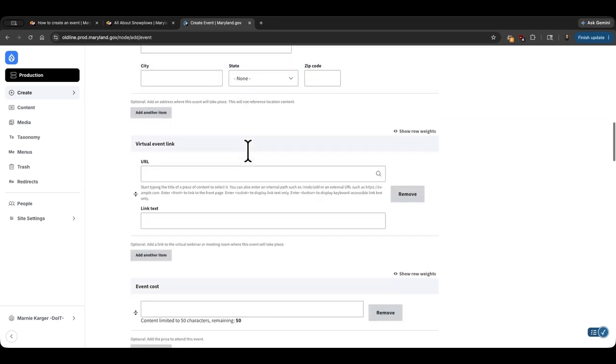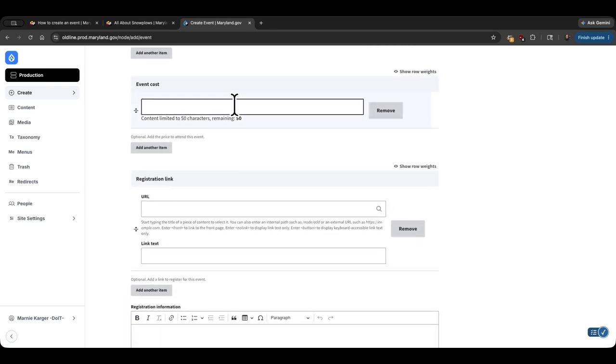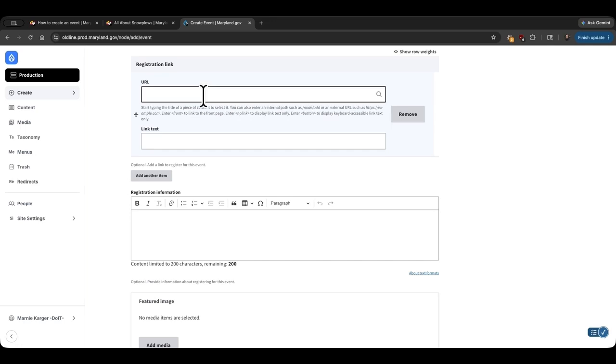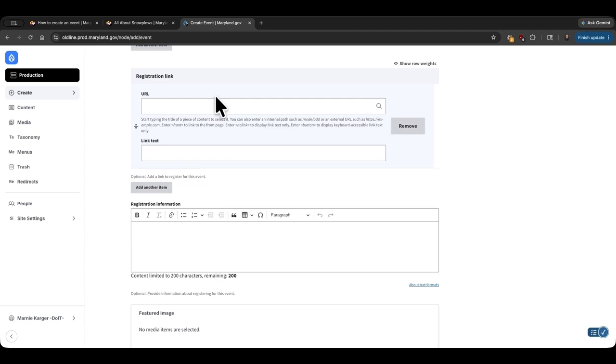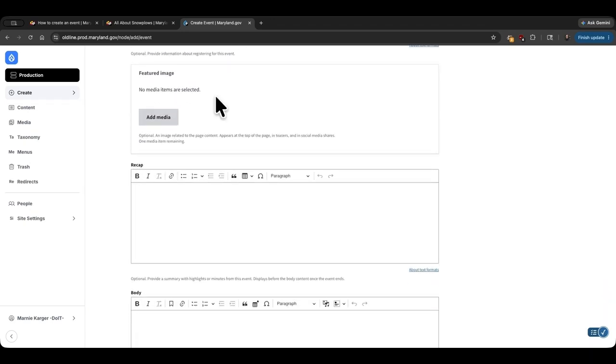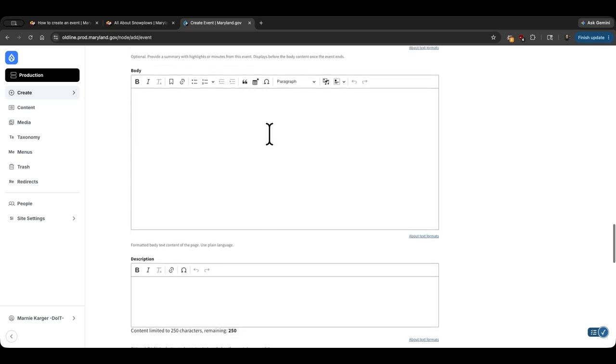information. Below the location fields is an optional field to enter a cost for the event, followed by three fields to enter registration information, including a link if there is a registration required for the event. And below that is an area where you can add a featured image for the event. If you select the Add Media button, you can choose an image from the media library or add a new